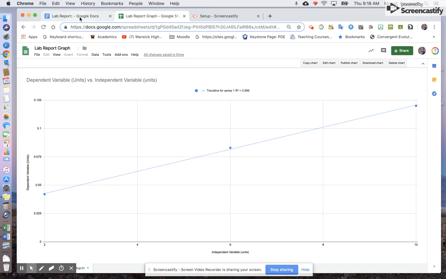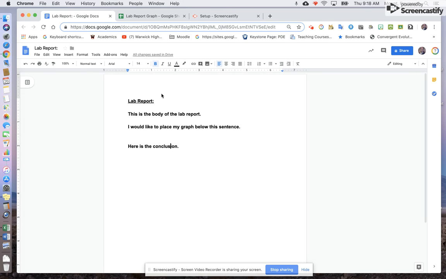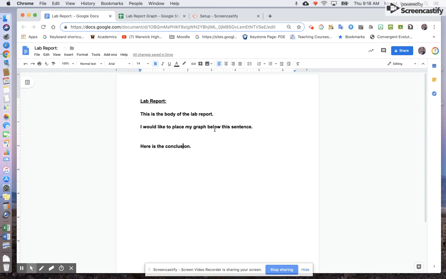Now let's come over to the lab report. Here's an example. Your lab report will look much nicer than this, hopefully. This is just meant to show you how to do this. So to insert your graph, place your cursor wherever it is that you want to put the graph. In this example, it's going to go right here. Okay, so you place your cursor wherever it is that you would like to insert the graph into the Google